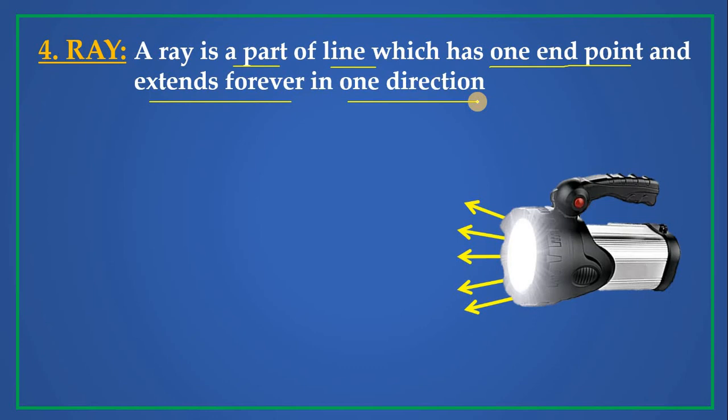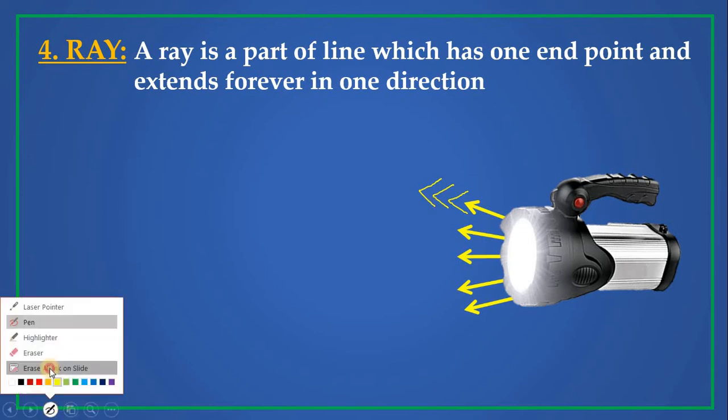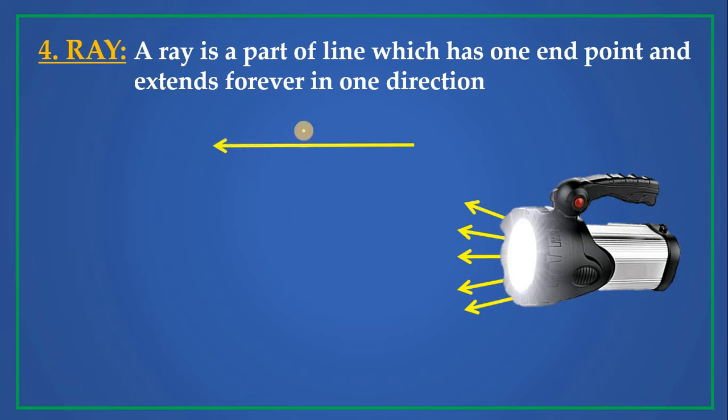A ray is also a part of a line like a line segment, but a line segment has two endpoints, while a ray has only one end point. If you observe this ray, on this side we cannot extend, so there is only an arrow mark on this side. Hence the light can travel in this direction because it has only one end point. Towards this side there is no end point, hence it can go forever in this direction. And we can represent the ray like this, children, just like this.